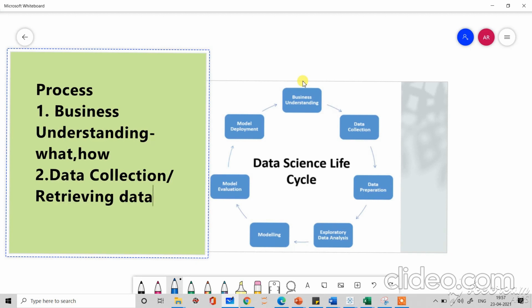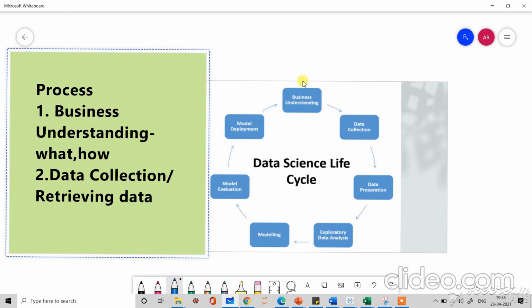Data is the main ingredient of any data science project. So collecting the appropriate data for your problem statement is an important step in the data science project, right? Data can be stored in any form, like a text file, an Excel file, or tables in a database, or your data can be available in an unstructured form like images, videos, signals, or emails. Your data can be available on social media networks, right? So it can take any form.